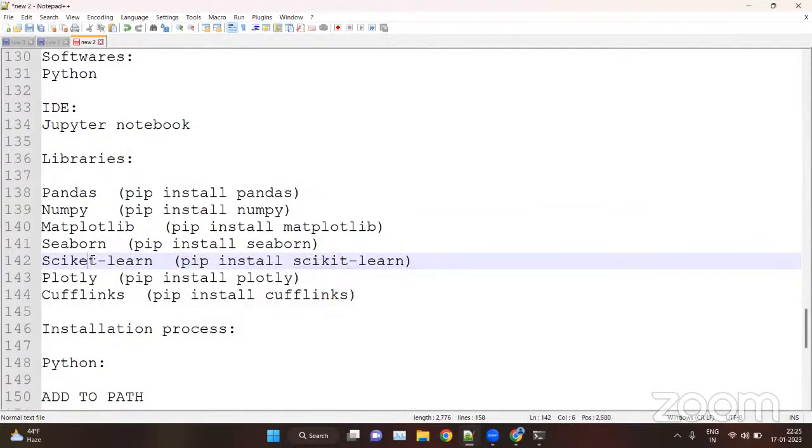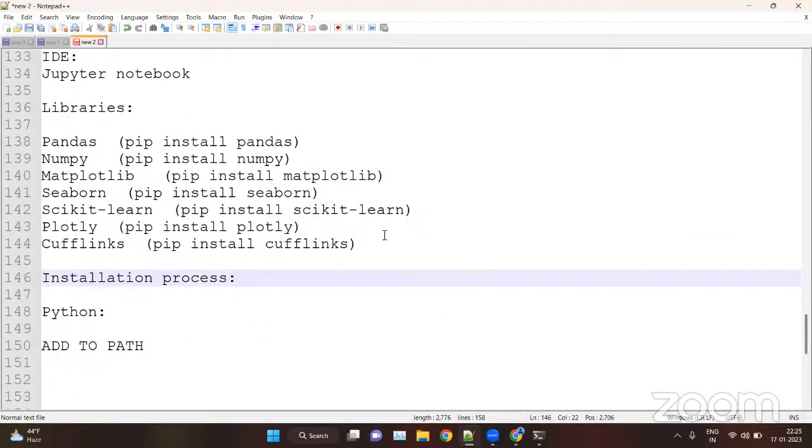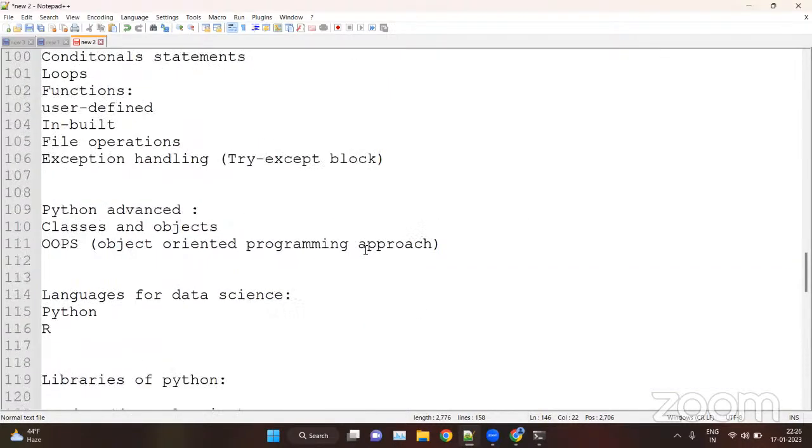These are only libraries, there's no framework.